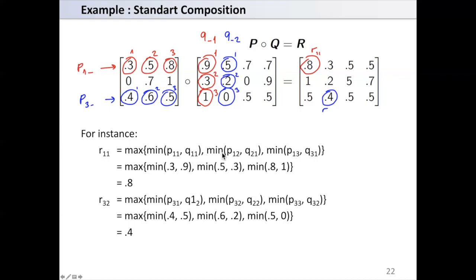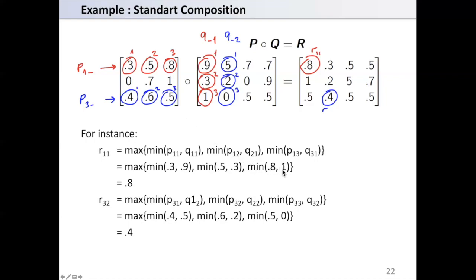And minimum of P1 to, now K is 2, Q to 1, these are 0.5 and 0.3. The minimum of these two should be chosen. And for K is 3, we are considering P13 and Q13. 3, 1, this one, and the minimum is